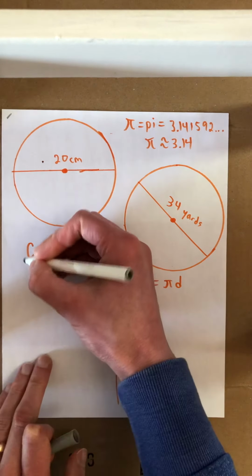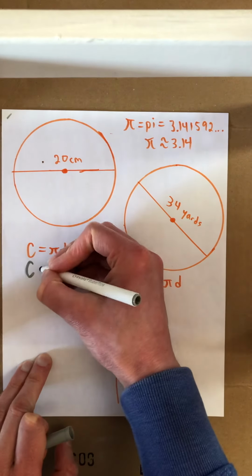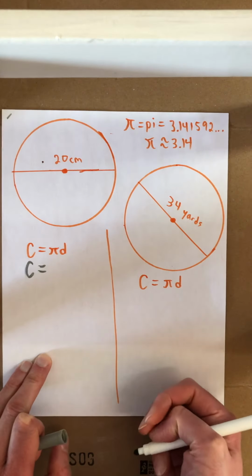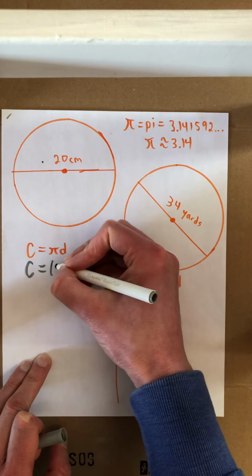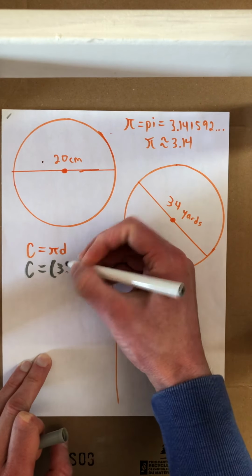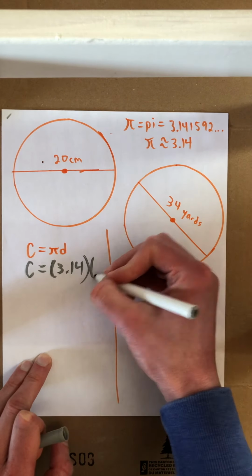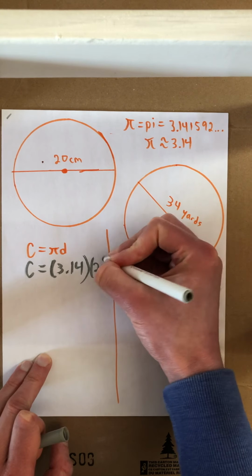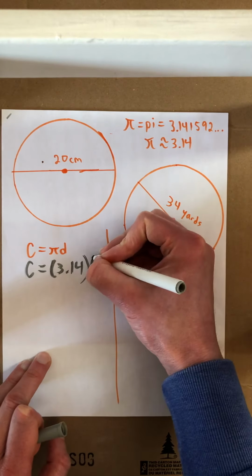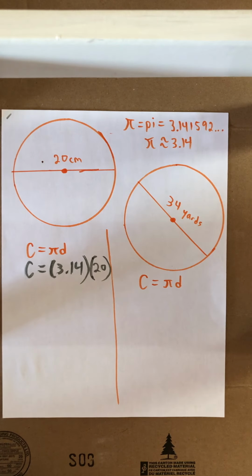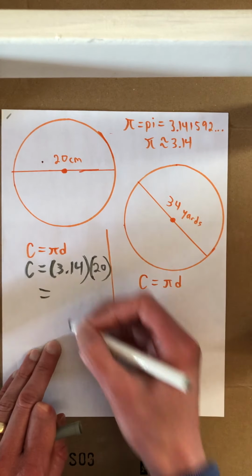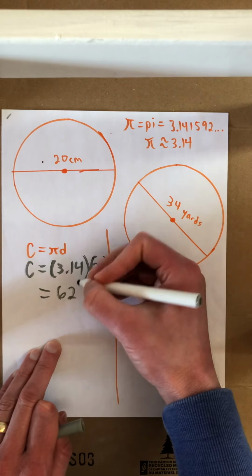The circumference is the thing I want to find. It's the thing I don't know, so it just stays as C. It says in the assignment that we're going to use 3.14 for pi. So I'm going to replace the pi in brackets with 3.14, and I'm going to replace the diameter with 20, like that. So what we've got here is 3.14 times 20. Now, if you are using a calculator, of course, you can jump straight over to the answer. The answer for this one would be 62.8